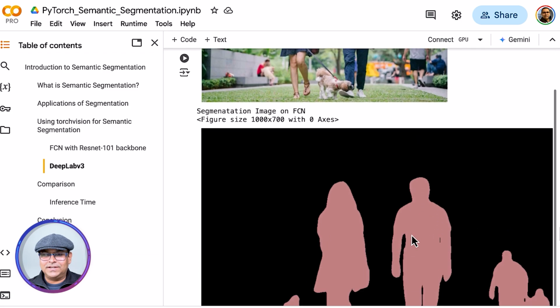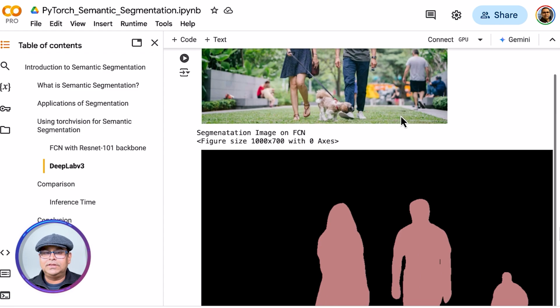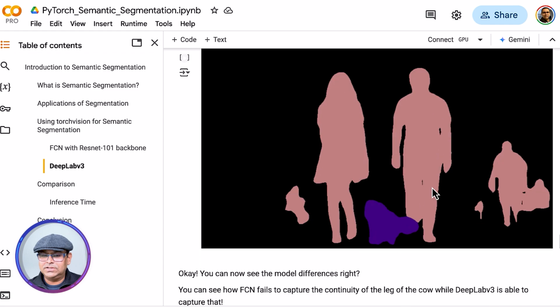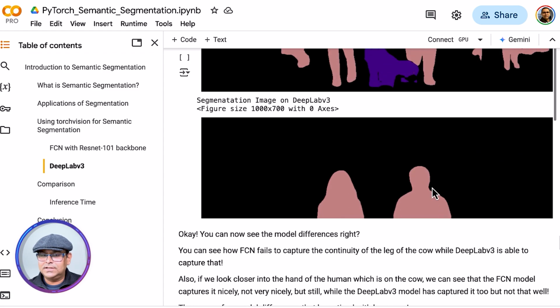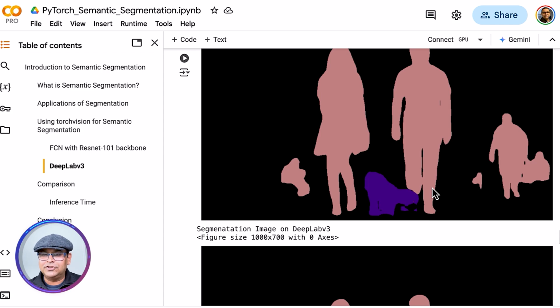So that's interesting. All right. So you can also compare, right, with FCN as well as DeepLab v3, the two segmentations. Here the quality looks about the same to me. Maybe DeepLab v3 does a better job around this. So you can see that